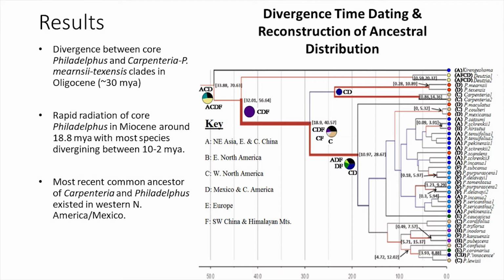So we can reference this back to what we originally asked ourselves. Does Philadelphus originate from the American Southwest? And how long ago did it diverge from everything else? So I have a tree here where, again, you have your outgroups of other genera outside here, and then our common ancestor of Philadelphus, Carpentaria, and the rest of Philadelphus occurs right here. So this would be at 30 million years ago, around the Oligocene period.